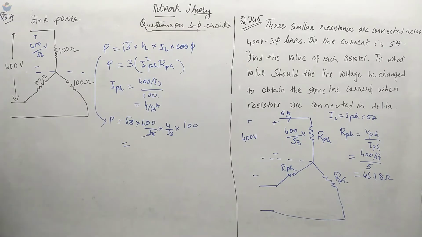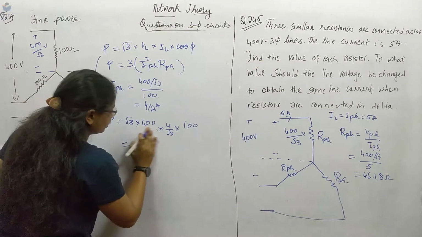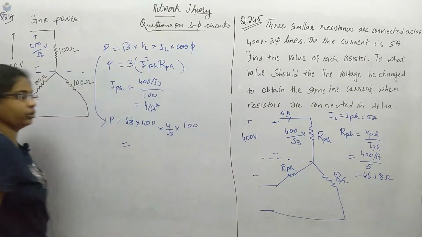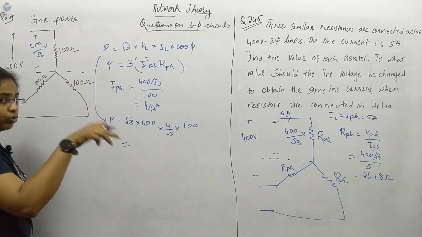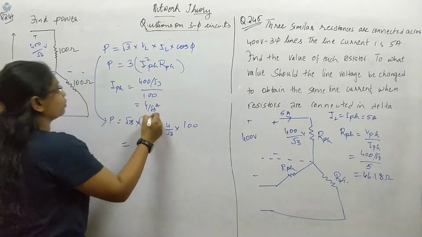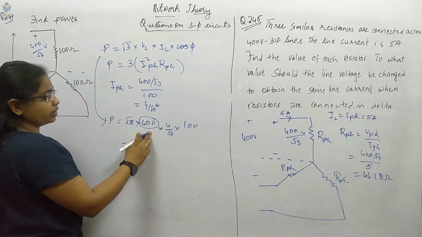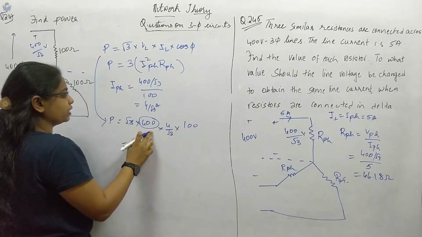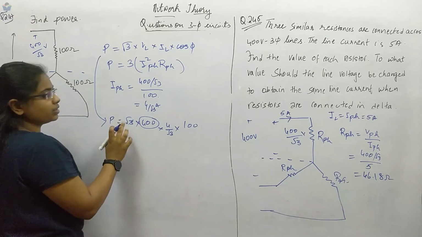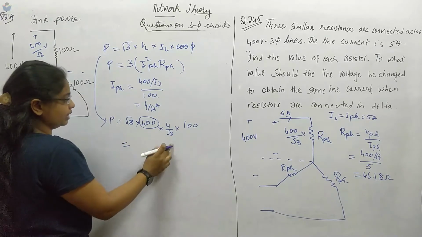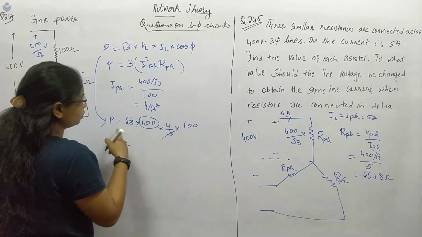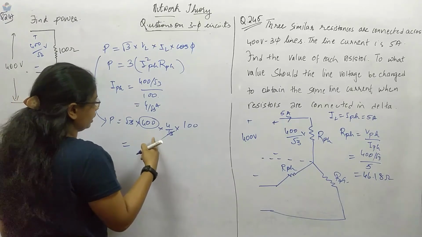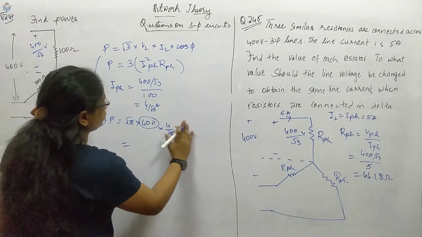400. Okay, sorry. Over here, this is line voltage itself. So we are using this formula, so you do not need to convert it to V phase. If you are converting it to V phase, then you have to write here just 3. Then the 3 will get cancelled, so the root 3 gets cancelled. And we have got over here this cos phi.